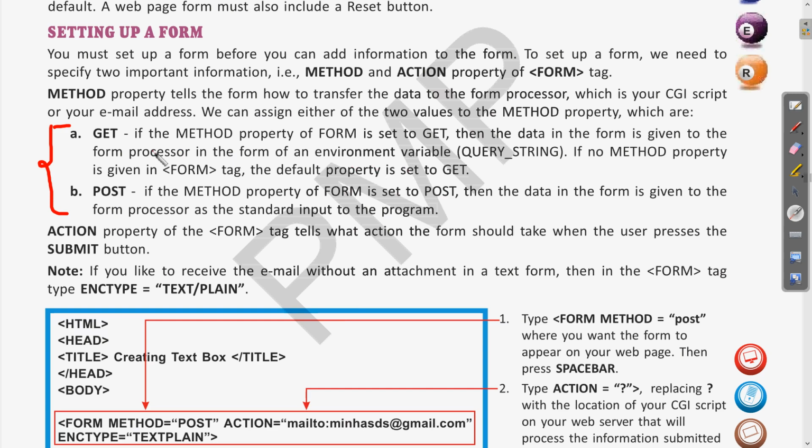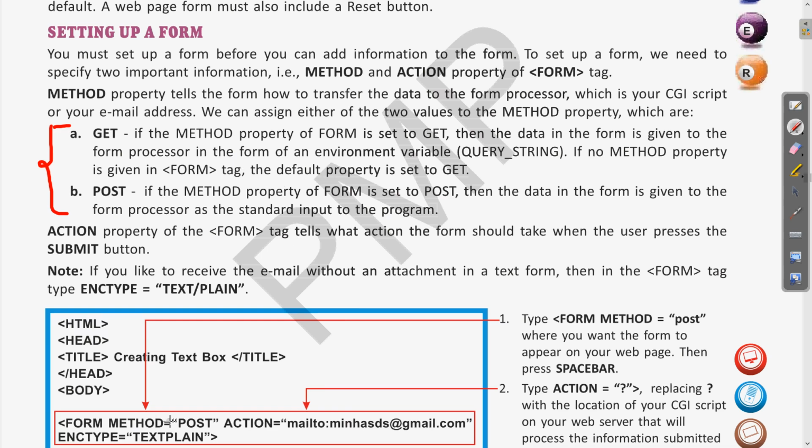If the method property of the form is set to get, then the data in the form is given to the form processor in the form of an environment variable, the string which is there in the get method. And if no method property is given in the form tag, then by default it is set to get, clear.